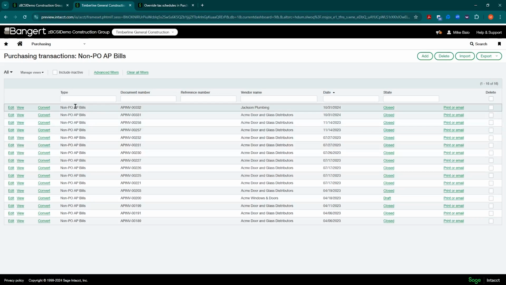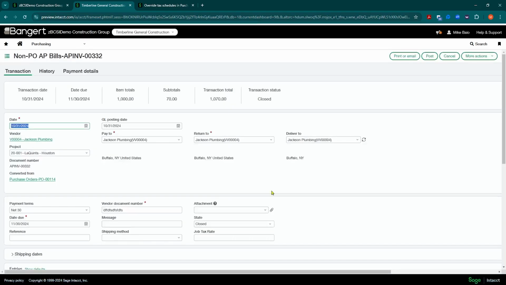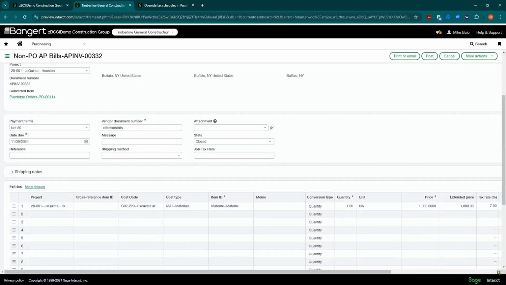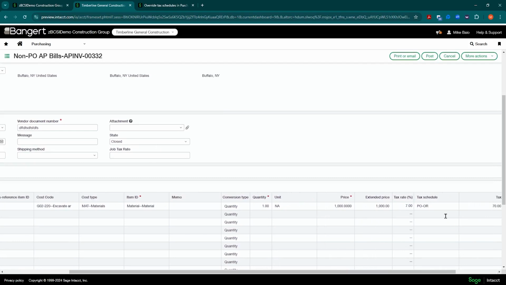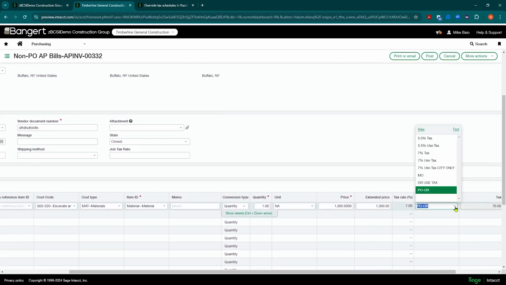And now we realize that was the wrong tax group. It's not paid yet. So I can come back into that invoice and I can edit it. And you're still going to be able to come into here, go down to that line and switch the schedule. So let's say this should have been 5.5% tax or a different county, whatever it's supposed to be.